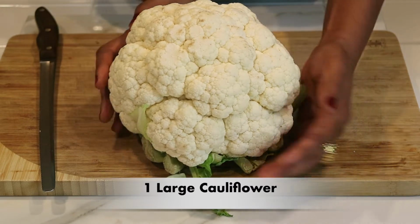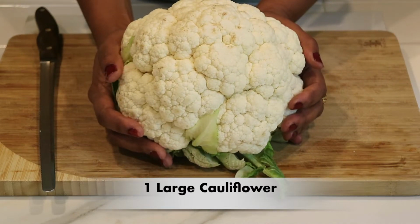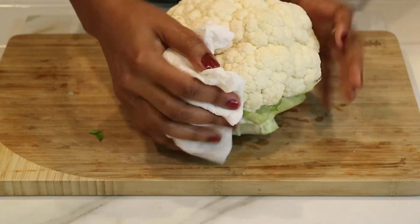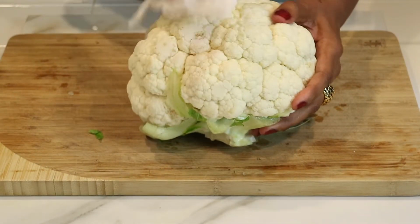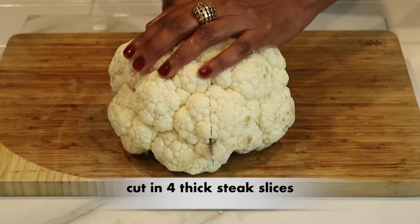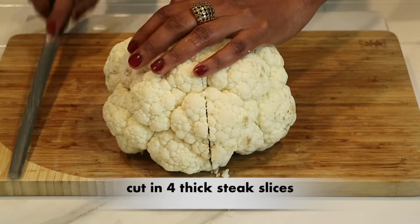Okay, so I'm going to start off. I have one large cauliflower, and off camera I went ahead and gave it a good wash because I just want to make sure that it's nice and clean. And I'm taking a paper towel and I'm going to pat it dry just to make sure that most of the moisture is off. And now I'm going to take a knife, and when you do cut your cauliflower steaks,